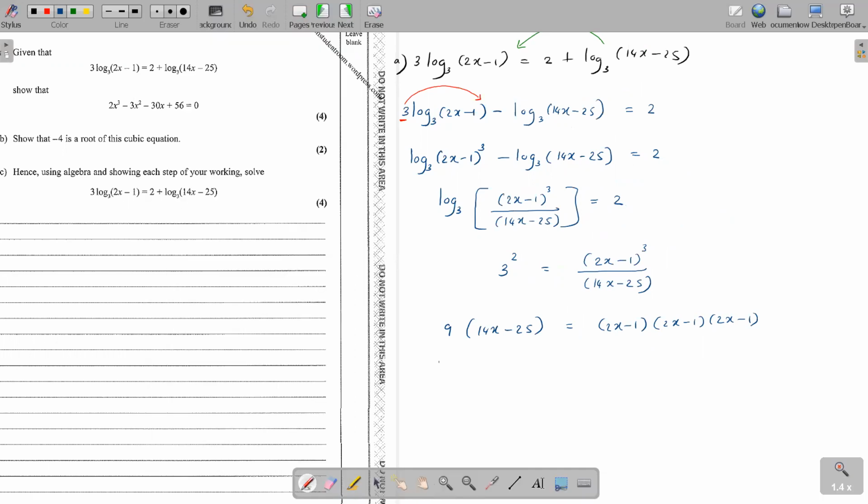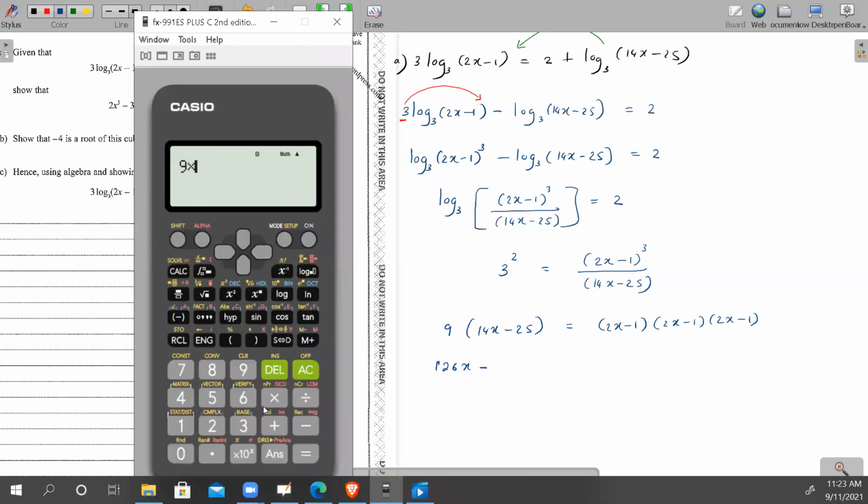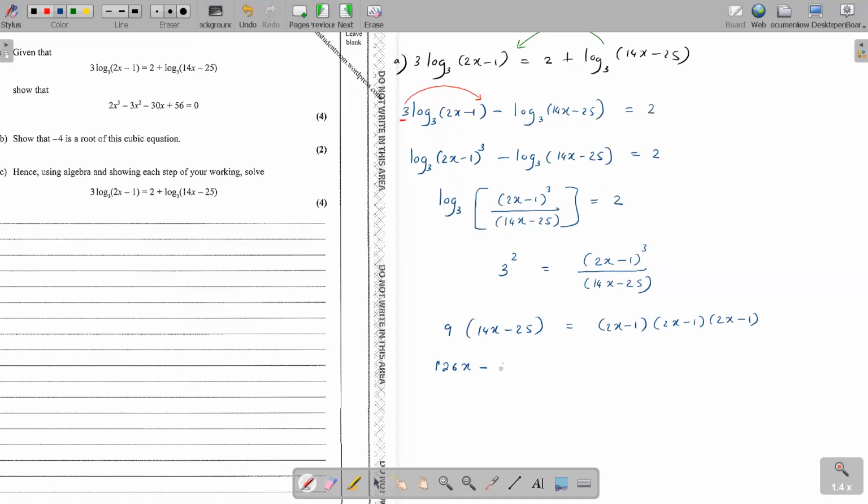So 9 into 14, 126x, minus 9 into 25, that gives me 225, equals, so let's open the bracket here, (2x minus 1) is going to be there, while we expand the other two: 2x into 2x, that's 4x squared, minus 2x, that's minus 4x, minus 1 plus 1. So 126x minus 225 equals, opening the bracket, 2x into 4x squared is 8x cubed, minus 2x into 4x,